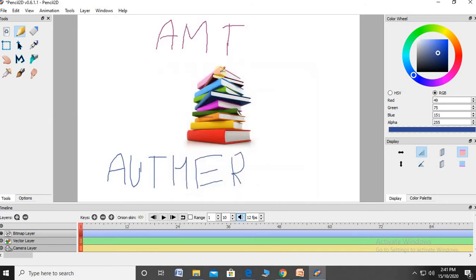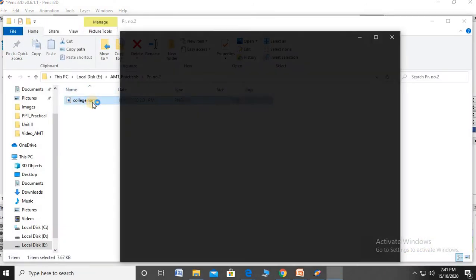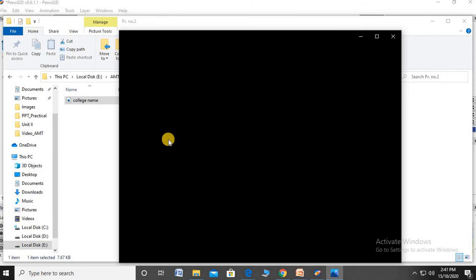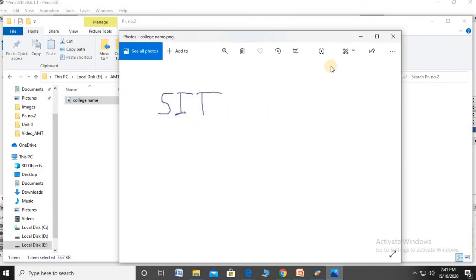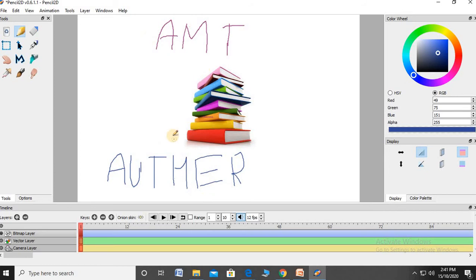Clear that? How will it be? And when we export that image, okay, see, this is for taking a printout of this image. Clear that? This is not to create the printout. When we convert an image, that image is used for taking a printout.